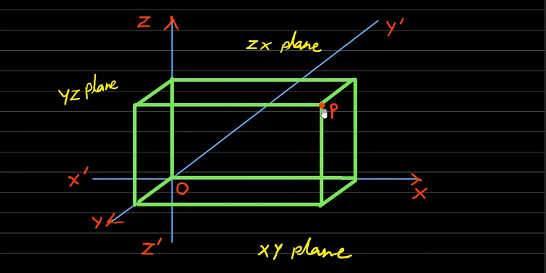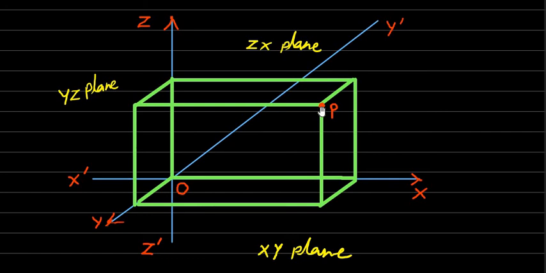This is a plane which passes through the point P and is parallel to the XY plane. And passing through the point P, we have drawn a plane which is parallel to the ZX plane, and that plane is this one. Passing through the point P and parallel to the ZX plane is this plane. Like such, we have drawn three planes which are parallel to the given three coordinate planes.